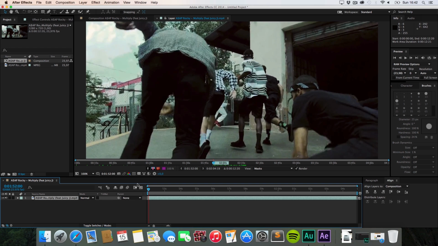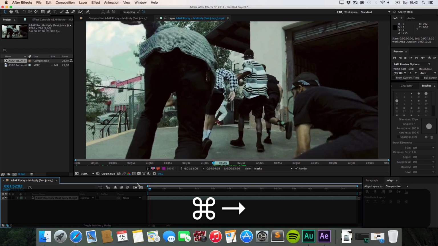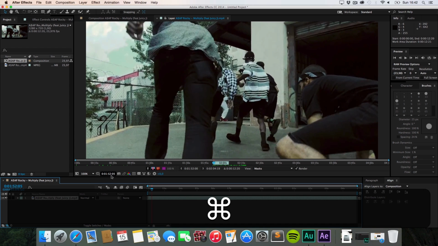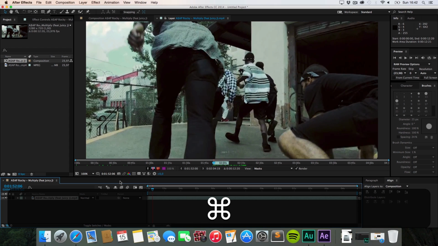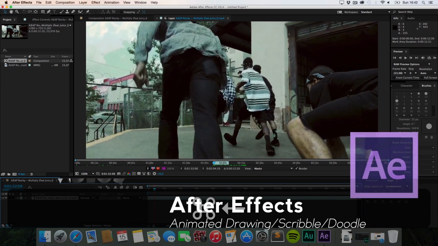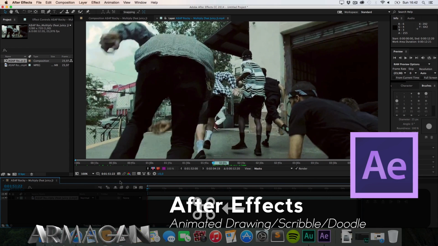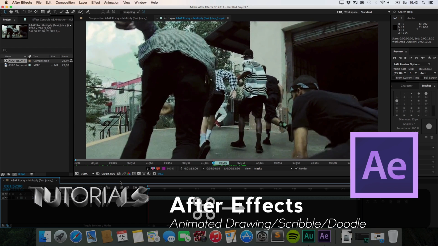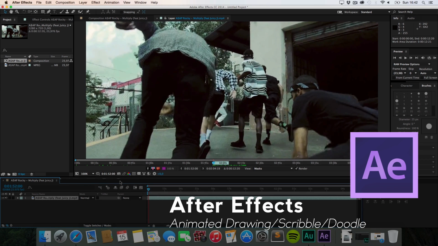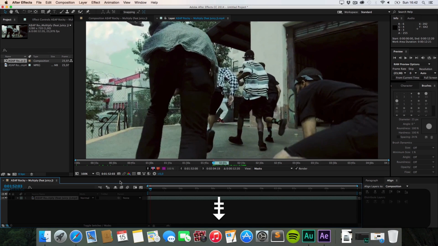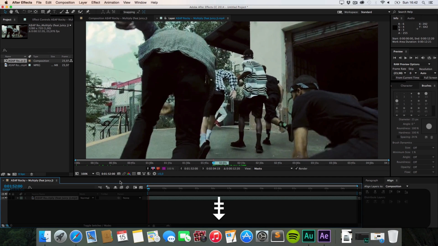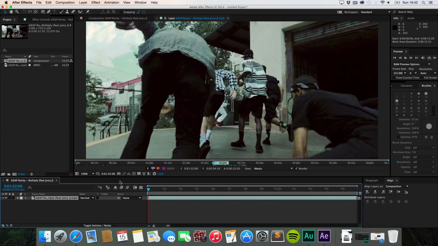As you can see on the top left, we have all of our tools. And I'm just going to show you real quick how to scrub through our video frame by frame. There's this little indicator right there showing us our time. You can use Command and the left and right arrow keys to go step by step, or frame by frame actually. If you press the left one, you're going to get one frame backwards, and if you press the right one, you're going to go one frame forwards.